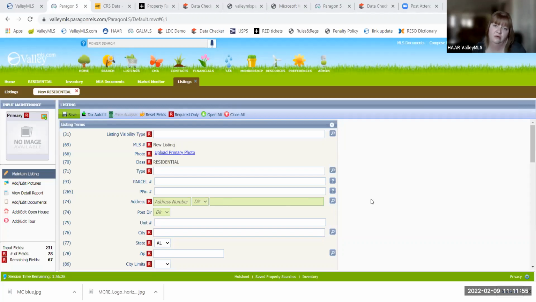But again, back to your proposed construction question, you can list it without days on market as proposed construction. Once construction has begun, we would ask you to change that to under construction, and it would stay in the under construction status, also no days on market, until it is actually complete. Once you receive that certificate of occupancy, it becomes new, never occupied. That is when those days start counting.